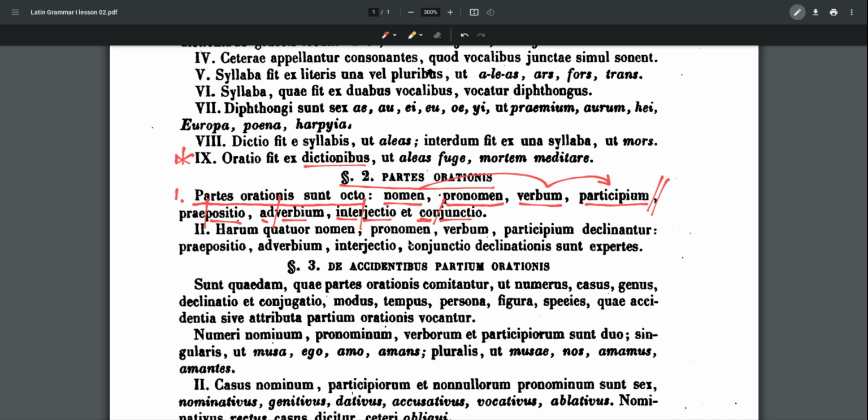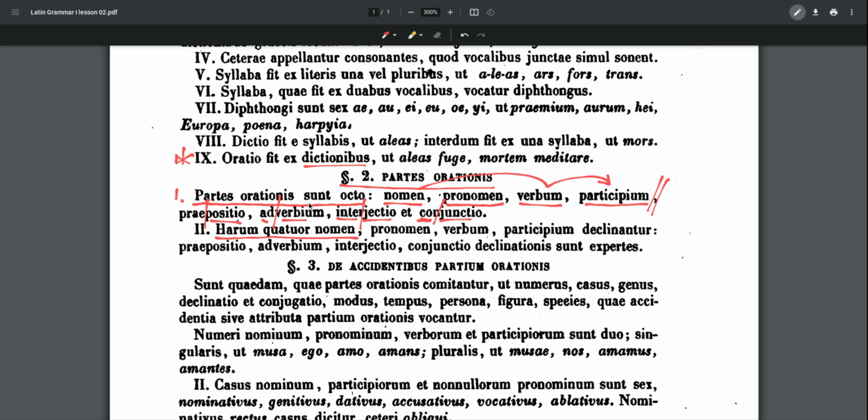Now in point 2, we're just going to learn something simple but very important about the 8 parts of speech. We read here in point 2, harum quatuor nomen. Harum quatuor, of these, harum quatuor, 4. Of these 8 parts of speech, 4. And then we have a list. Nomen, pronomen, verbum, participium,